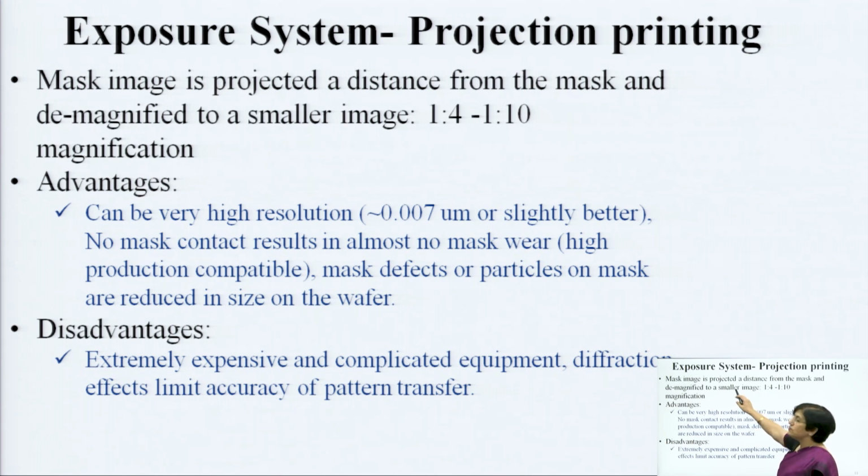Now, the mask image is directly projected, and you have the ability to magnify the image on the mask. This magnification facility is very beneficial when you are doing multiple tasks with the same mask. So, you need not prepare the mask again and again. In VLSI you always optimize one single cell, and like block printing you keep on imprinting the same cell onto the wafer surface. So, here you have the added advantage of magnification.